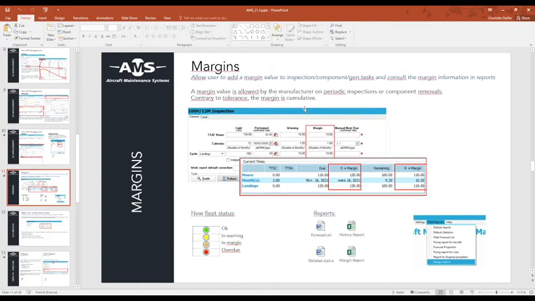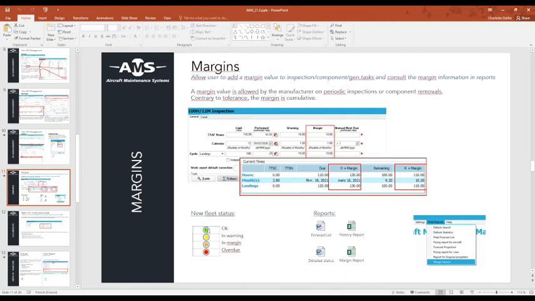As the contrary to the tolerances, the margin is a cumulated value. So everywhere inside the system on inspection, component and general task, you will be able to add the margin here and to have it on the report. So inside the forecast list, inside the detail status, on the history report, and inside the margin report, you will have a lot more information in here.